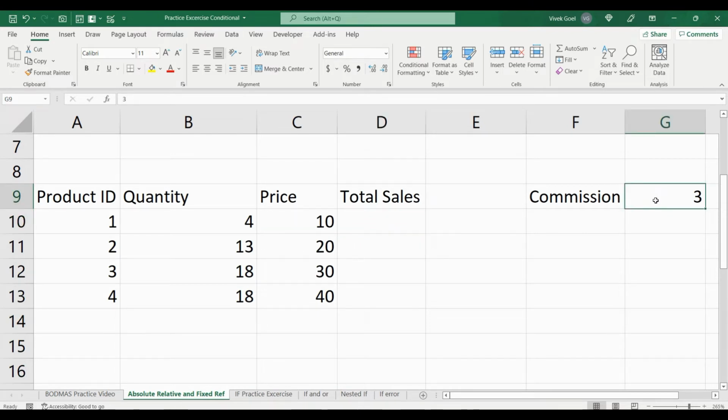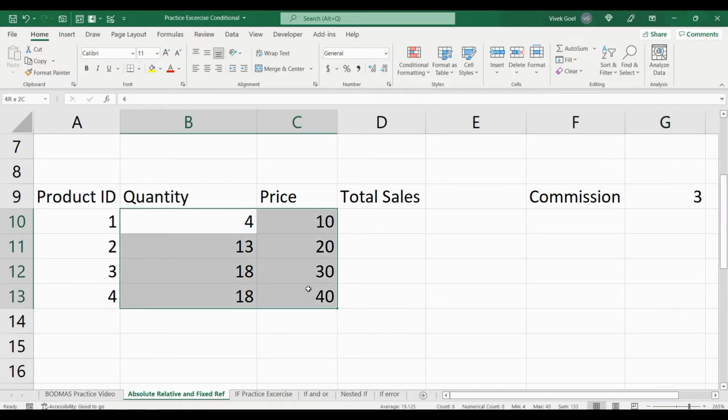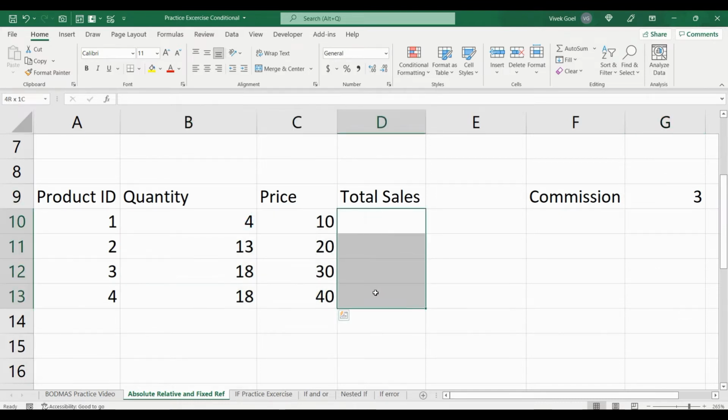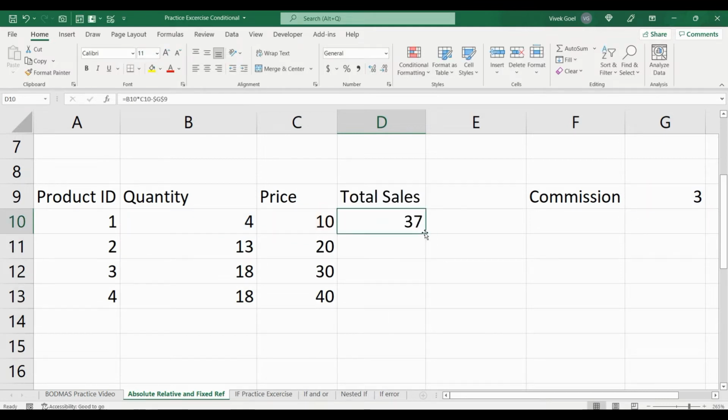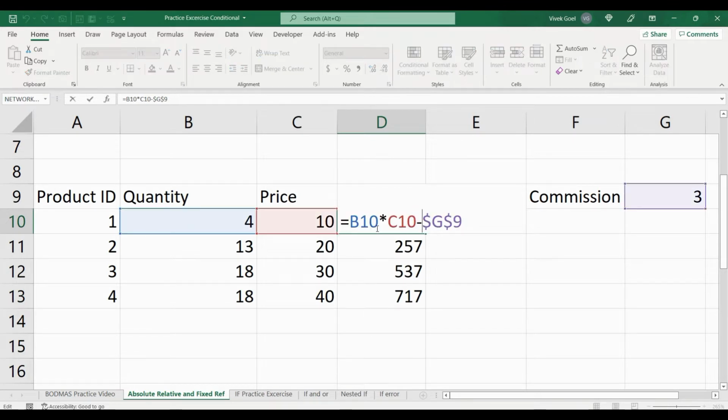Now our quantity and price should change as we copy our cell, but our commission should not change. So we will implement absolute referencing for our commission cell, and now when we copy our formula down, we are getting the correct results. If you have not looked at the earlier videos, I will highly recommend that you watch them first because I have explained all these concepts in detail there.